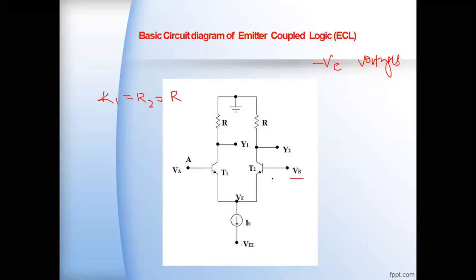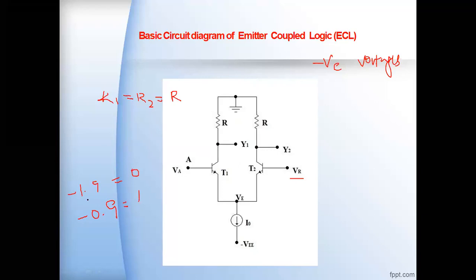Now one of the transistors is at the reference voltage VR, and the other transistor is at the logical values, logic 0 and logic 1. So now we are in the positive logic level system. The logic 0 may be minus 1.98, say. These are all assumptions only. And the logic 1 is, say, 0.9 here.